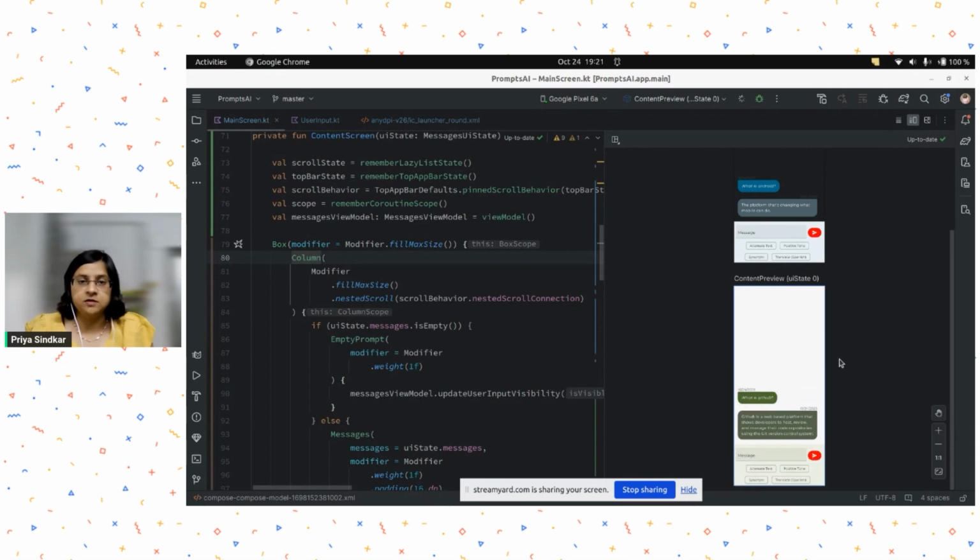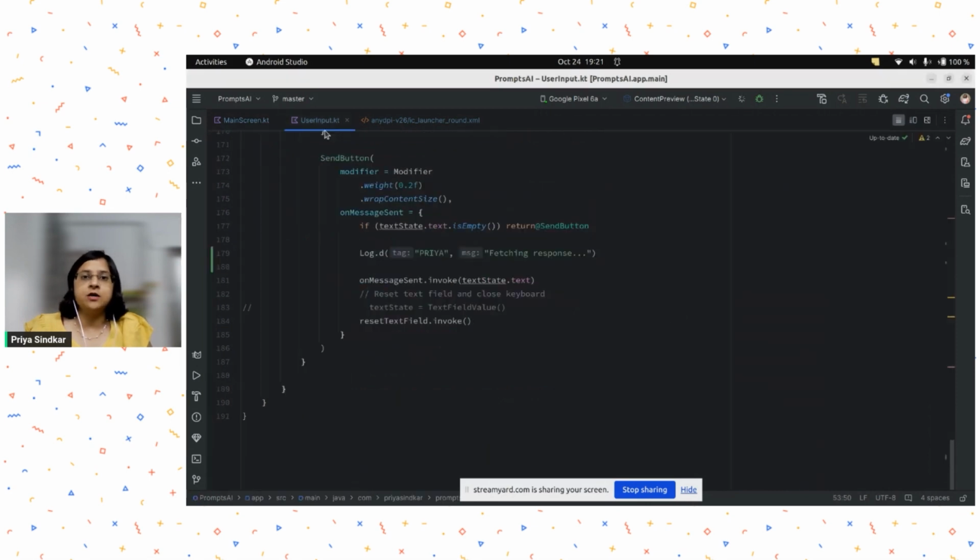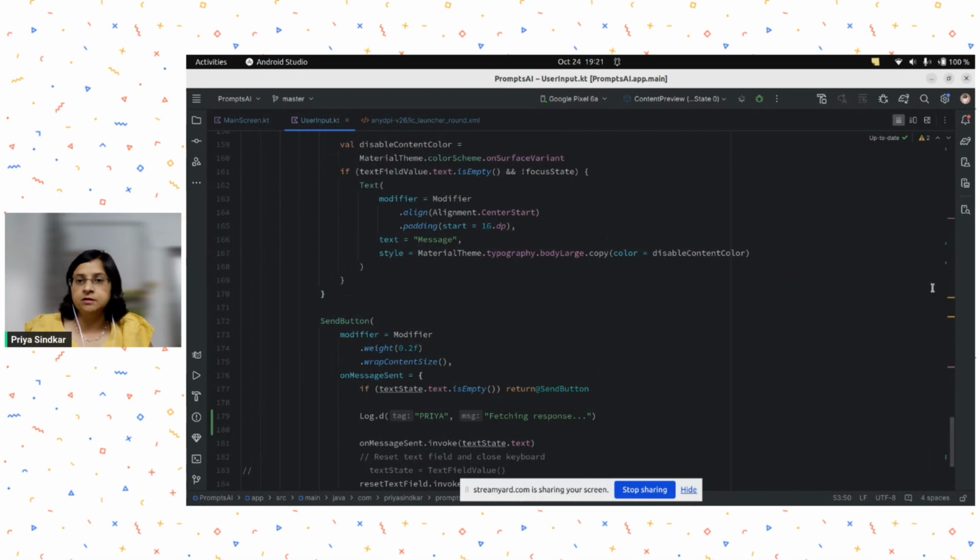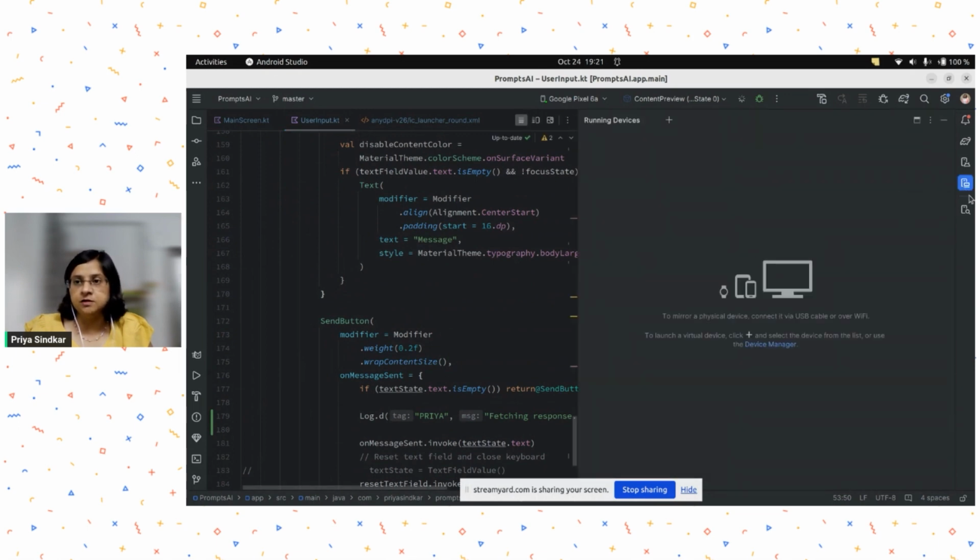Okay, now next I would like to talk about live edits, where you can start using your instant runs directly from Android Studio. Let's say you have a button here and you want that button, as you can see in my